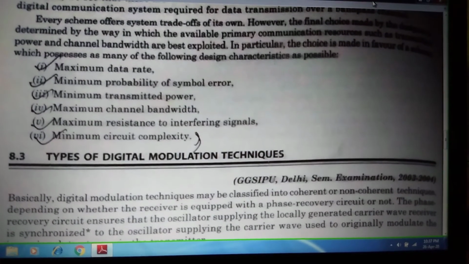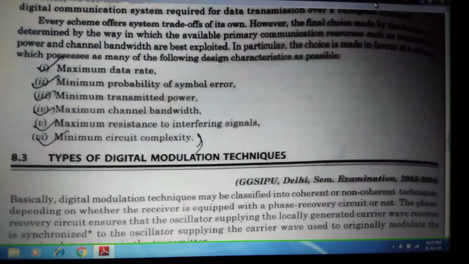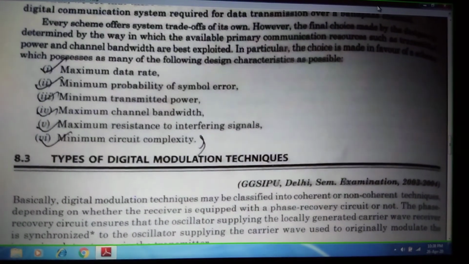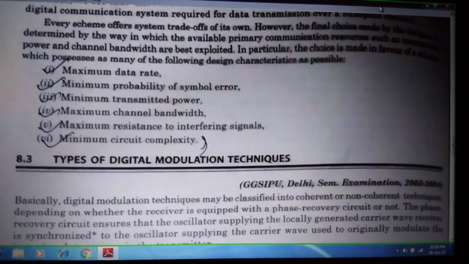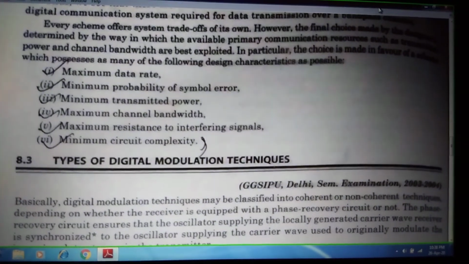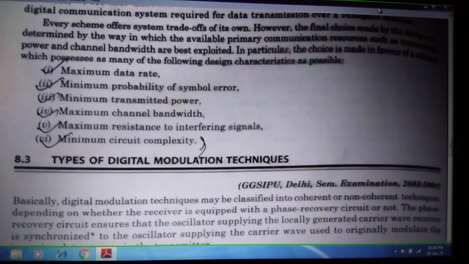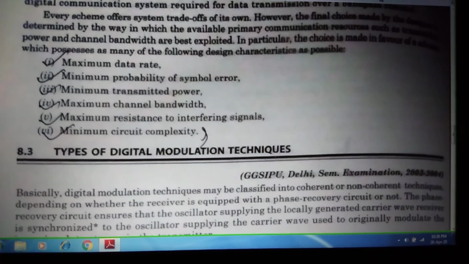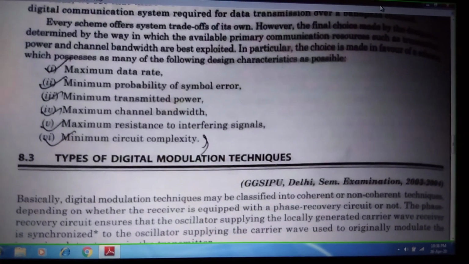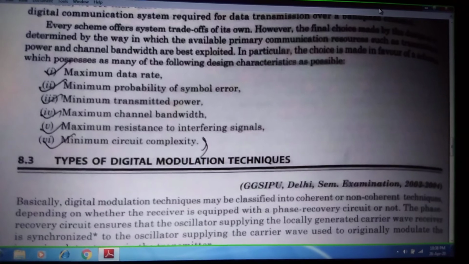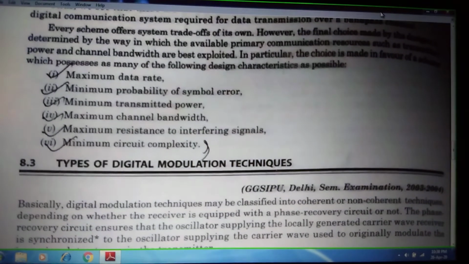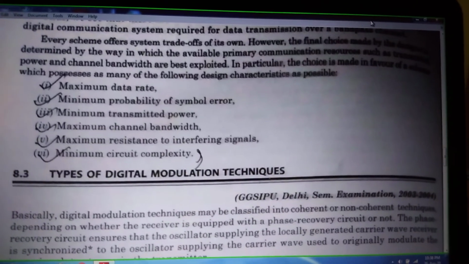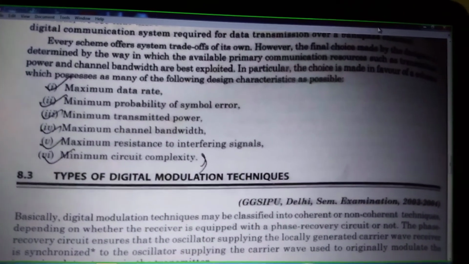Now in the first chapter of our digital communication, we have studied the probabilistic approach, the stochastic approaches, and then we talked about something related to probability of error. This is not just any probability of error, it is the probability of symbol error. Point number 3, minimum transmitted power. From the basic communication sense, we can conclude that in a communication system there should be some transmitted power and some received power. They are talking about the minimum transmitted power, because if the transmitted power is large, the power requirement will be greater in the communication system. That is a threat for the communication system.